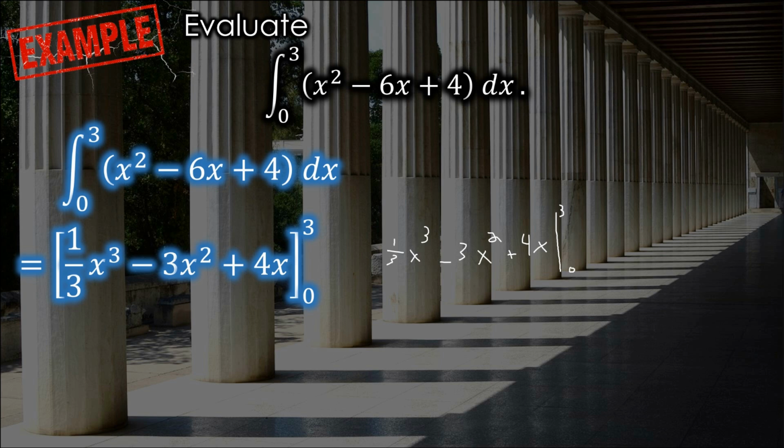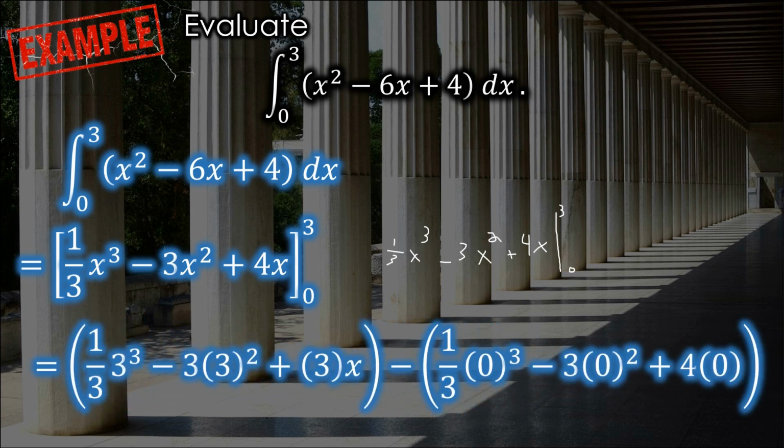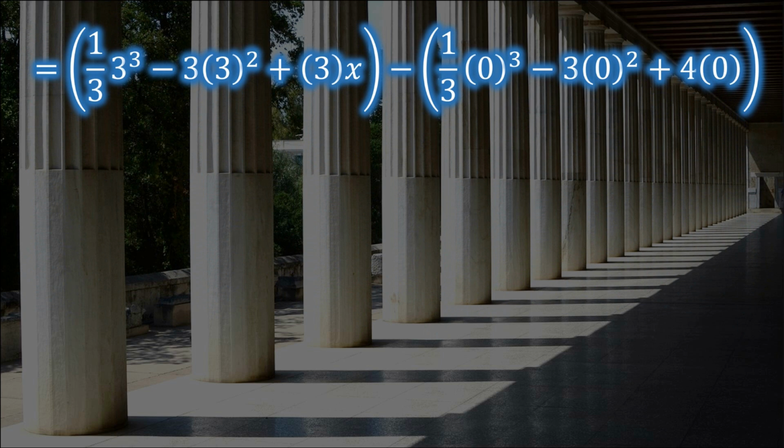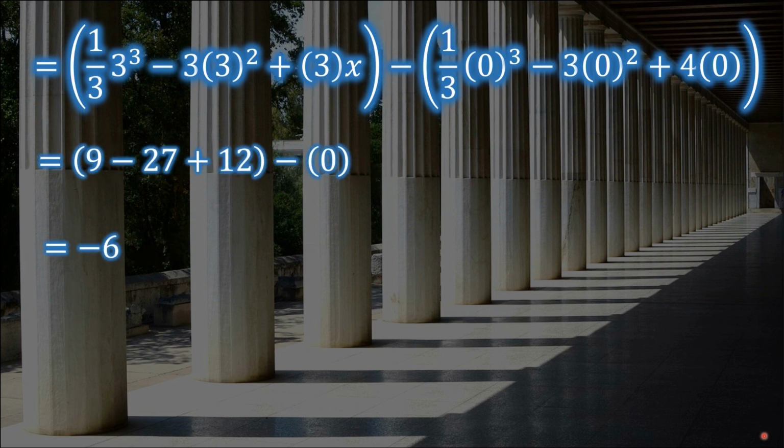But now when I plug this in, what this means is I'm plugging in a 3 everywhere I see x, and I'm just evaluating that, plugging in 3 for all my x's and seeing what I get, and then plugging in 0 for all of my x's and seeing what I get, and then I just subtract the 2. According to the fundamental theorem, that's enough to know the area under the curve, which here,